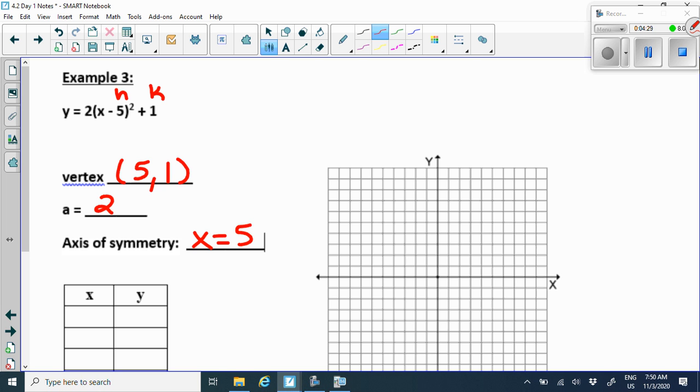Now let's talk about the transformations. Okay, so notice that our a value is positive, so that means our graph is going to open up, so there's no reflection. We really don't need to put that in there. Now, our a value is something other than 1, so let's take the opposite value of 2. When we do that, we should get 2, which is greater than 1, so that means we're going to have